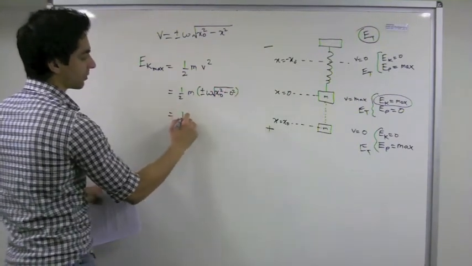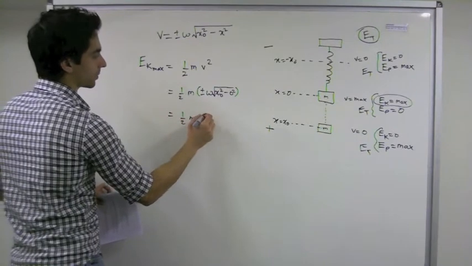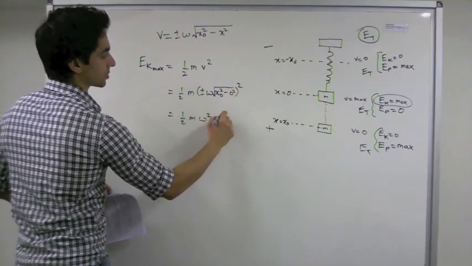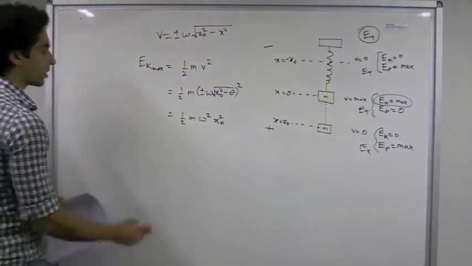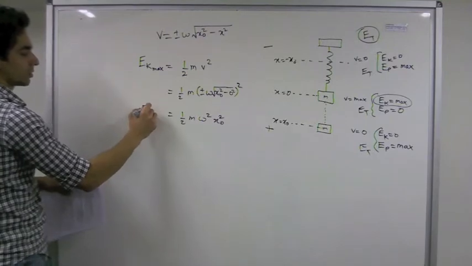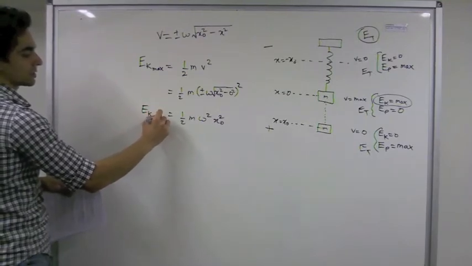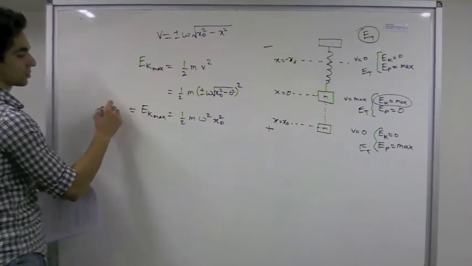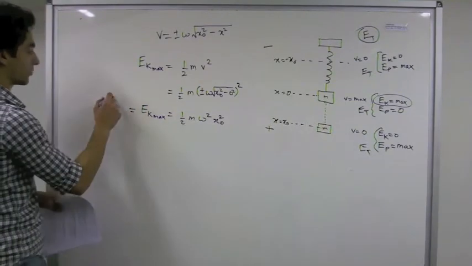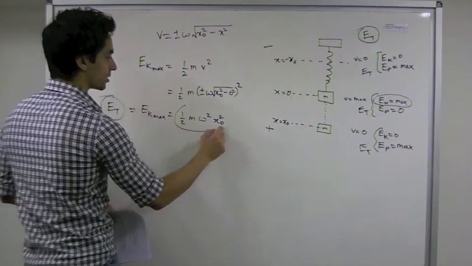That is simply half m omega squared x naught squared. Now we know that at the equilibrium position, this is the maximum kinetic energy, which is also equal to the total energy. So therefore, the total energy is given by this